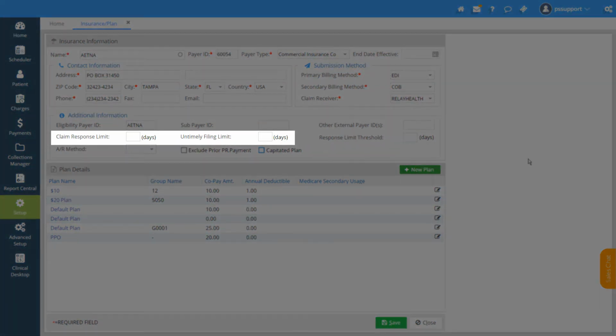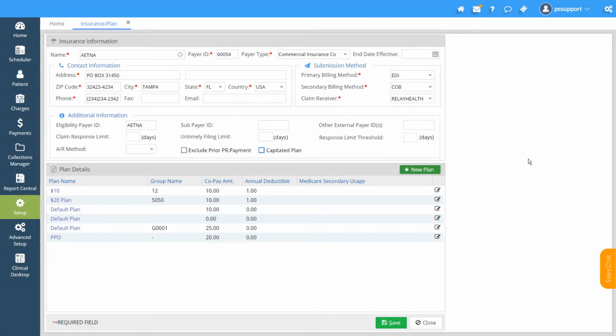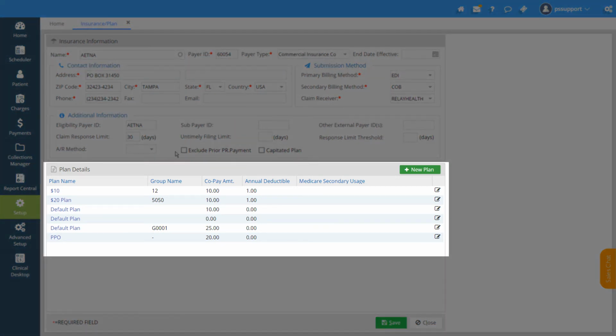Claim Response Limit. We offer a very innovative and collective module within the system called Collections Manager, which monitors the claims sitting in the system as unpaid, and once the 30-day threshold limit is reached, as the response limit here is set to 30 days, if you see no other activity in the form of denial or in the form of EOBs, those claims are automatically moved to the Collections Manager, so that a follow-up team can actually go and investigate with the insurance company to find out what really happened to these claims that were sent out over 30 days ago. Plan Details is where you'll be able to see a list of insurance plans set up for different